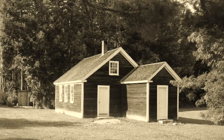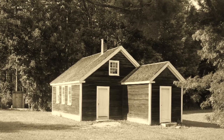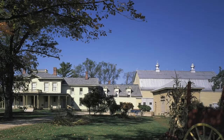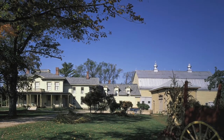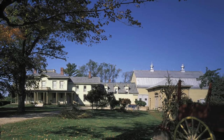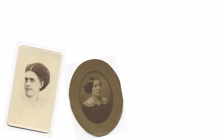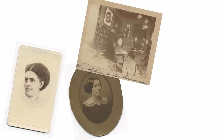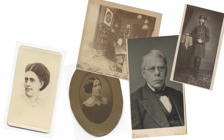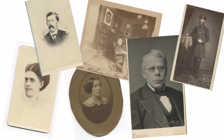And to do this, they travel back in time. Back to that one-room schoolhouse at the beginning of this story and onto the grounds of the Washburn-Norland's Living History Museum that lovingly preserves the estate of the Washburn family as it was in the mid to late 1800s. The Washburns were an influential family to our area, as well as to the state of Maine and to the nation. Family members were local and national political figures, Civil War heroes, and personal friends and colleagues of President Lincoln